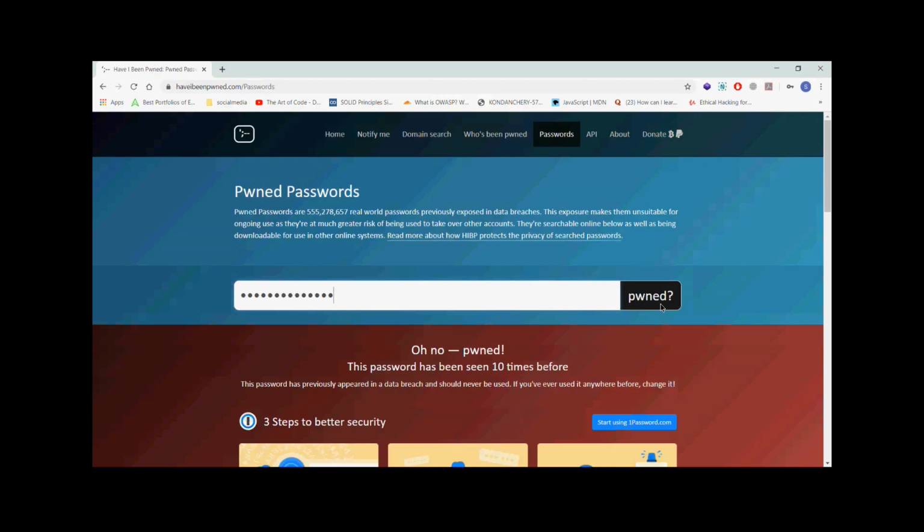You can also give your own email ID to check whether your credentials were breached or not. The result has come: it has been breached 10 times, and it is available in the live hackers' user details and passwords. So like this, you can put in your email and test it and see whether your password has been breached or not.